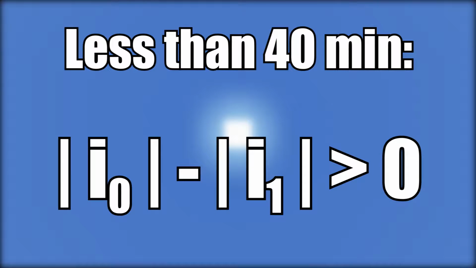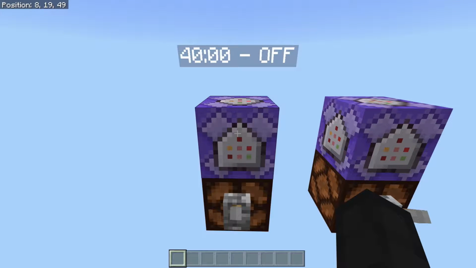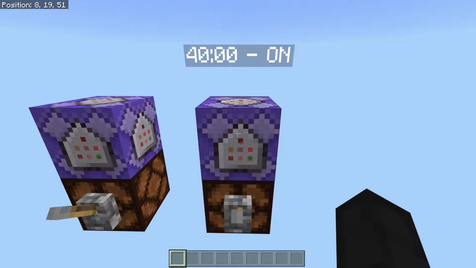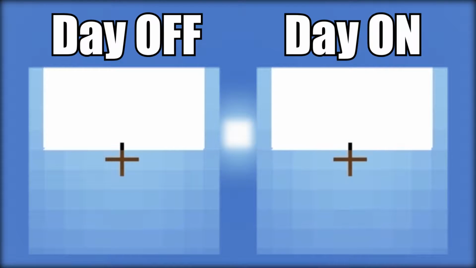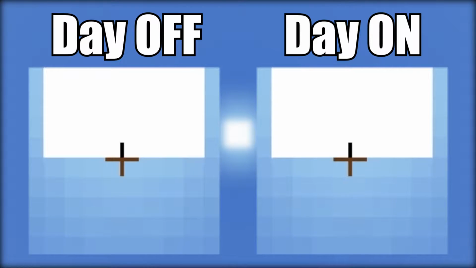Once we reach 40 minutes exactly, the distance between 0 and our increment values are exactly the same. Here we have a daylight cycle off time farm with a delay of 2 and an increment value of 1. Its daylight cycle on equivalent has a delay of 2 and an increment value of -1. At this point, it's more personal preference as to which solution is better, as both are not very noticeable changes